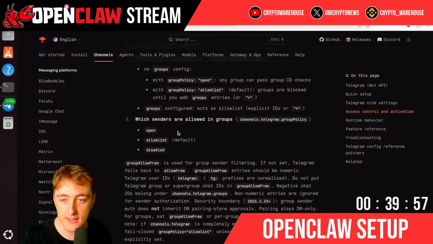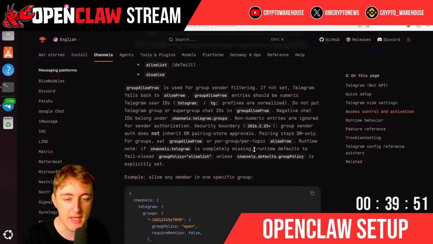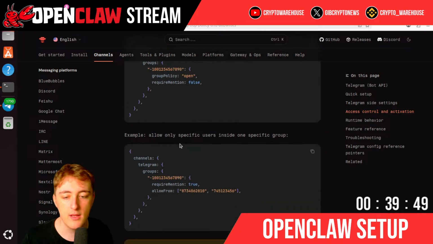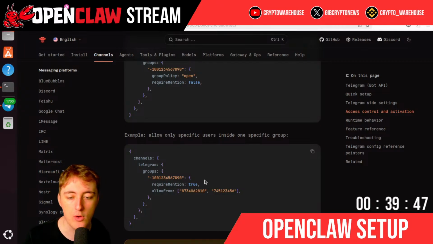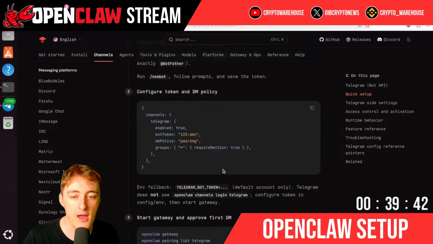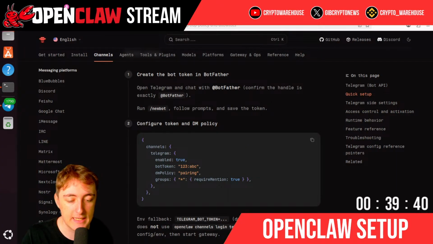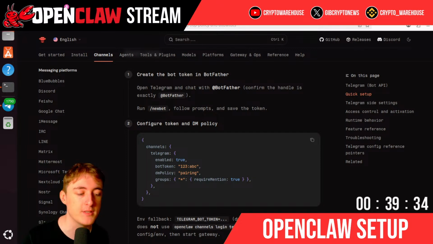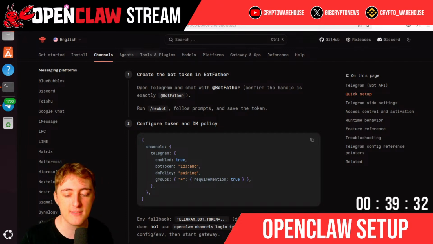If you go through the documentation, literally docs.openclaw.ai, search up Telegram, it will bring you to this page, and then you can look through, allow certain messaging to happen, allow certain things to occur, and it will bring you through it in a step-by-step process. So that is probably what I'd urge. And again, that's most things, especially with this in particular. This is set up in a way where it's straightforward to set up